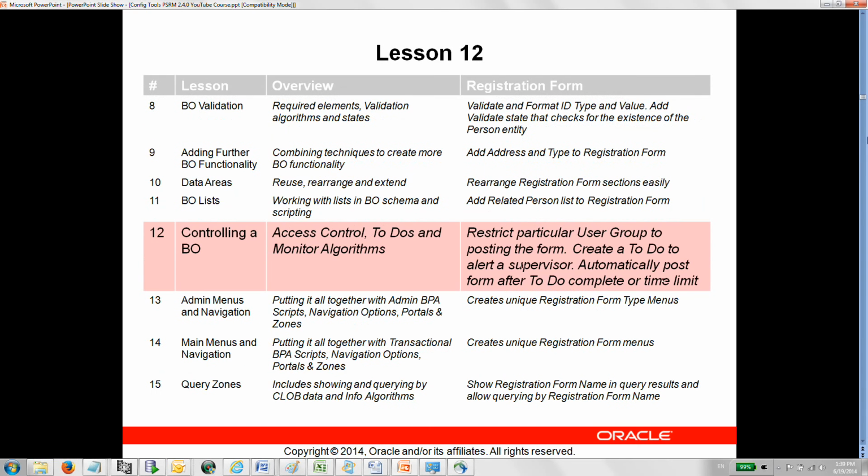In lesson 12, we will be looking at how we control a business object, how we add in access control so that not everyone can necessarily access or activate certain functionality within a particular state of a business object. And in our particular case, we will be restricting particular user groups so that they can't post the form. On the way, we will show how within code we create to-dos to alert, let's say in our example, a supervisor that they have a form that needs to be posted, creating a log as well of the to-do, and